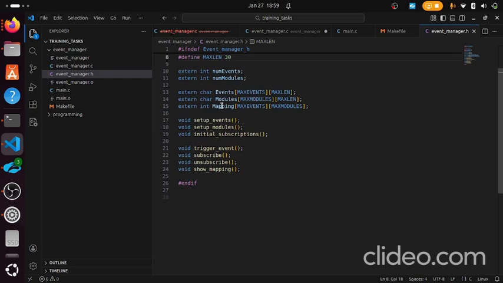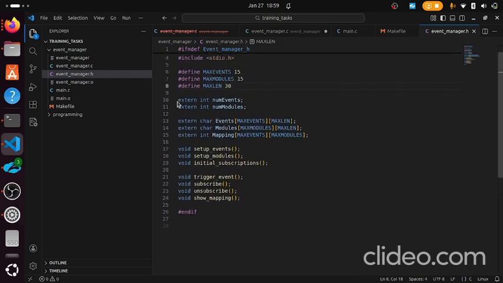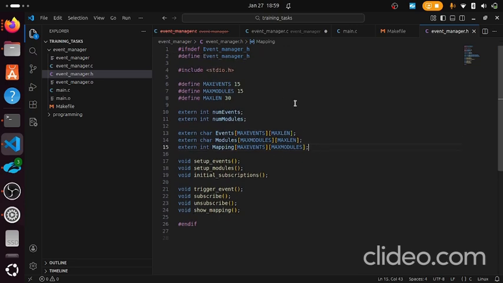And here, these are the global variables. These externs are all global variables, so they can also be used in different auxiliary files when we include this header file. And here we are creating an integer, num events, which is the number of events that will be established. And then an int, number of modules,